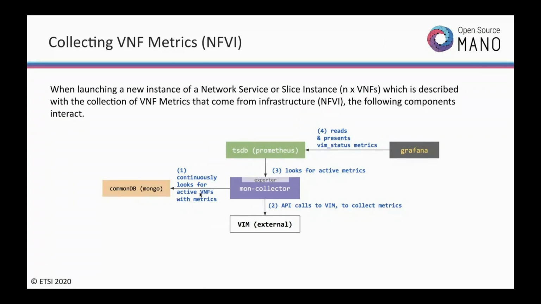This needs specific information in the descriptor so that metrics are collected. So it continuously goes to the common DB and asks, I think the default is every 30 seconds, for VNFs that are requesting metrics. If it finds a descriptor that needs metrics, then it goes to the VIM, collects these metrics,